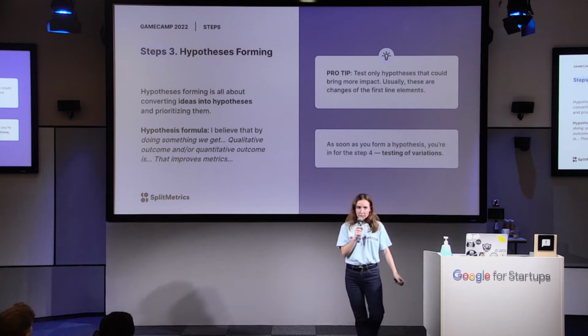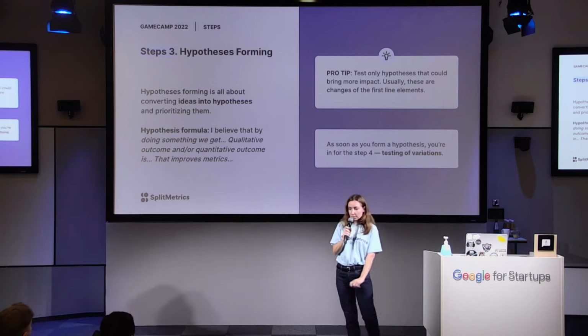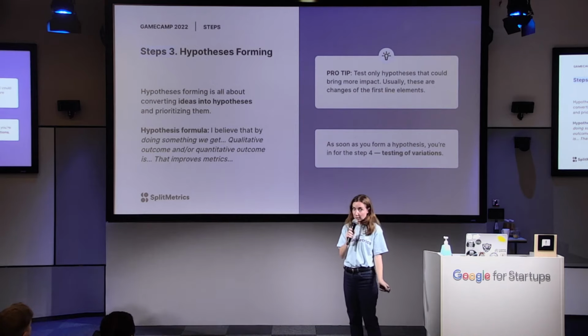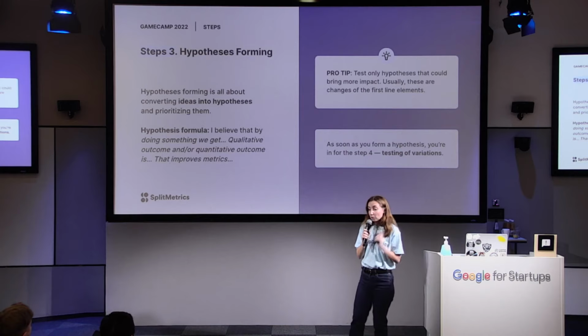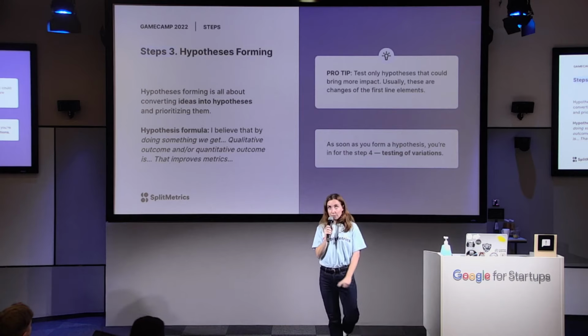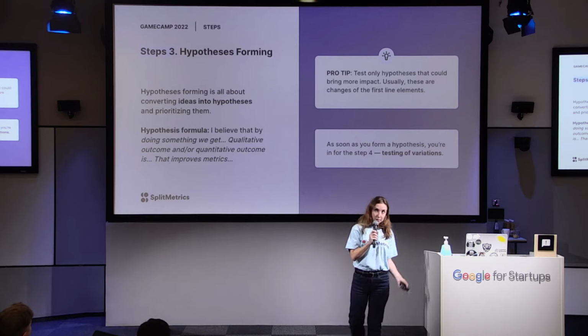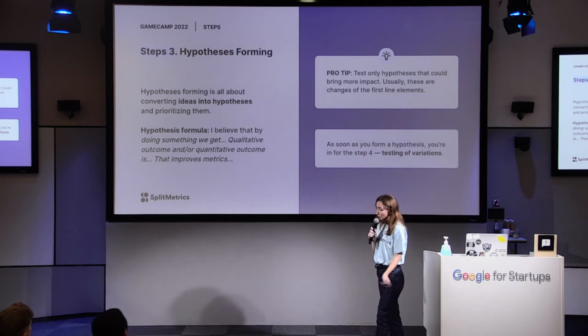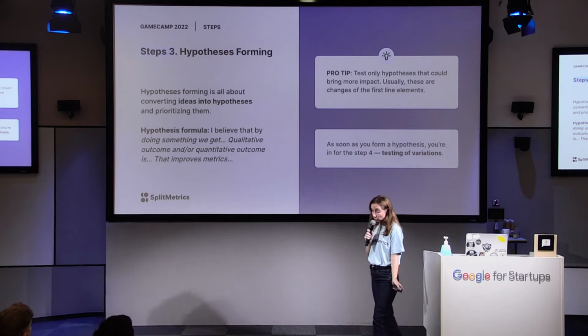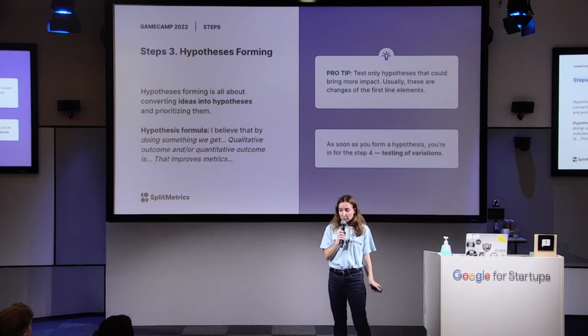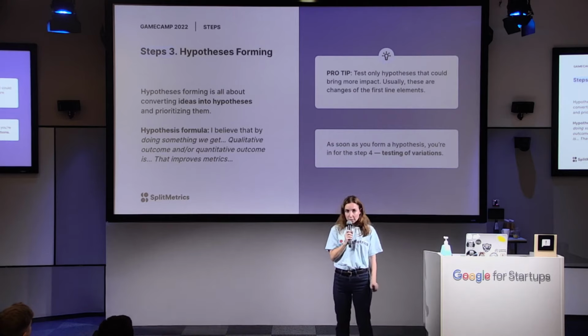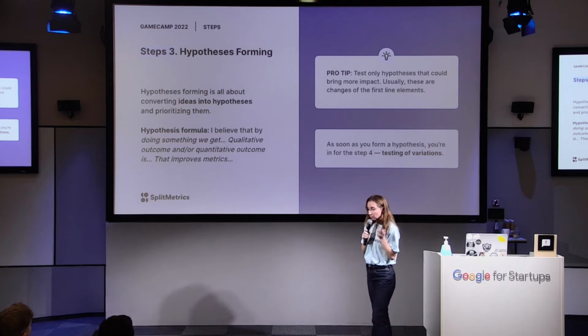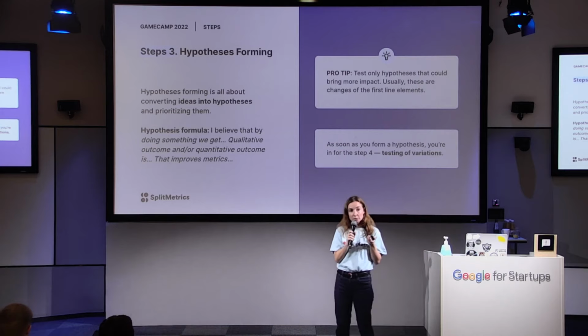The tip here, which you already heard during the conference: test just one hypothesis or one element at a time. Of course, you could test several elements, but for that you need either analytical teams or some analytical tool. If you don't have those, just test one hypothesis and one element at a time. One more tip: start with the first-impression elements. This means the first icon and the first screenshot could bring you more in terms of metrics.